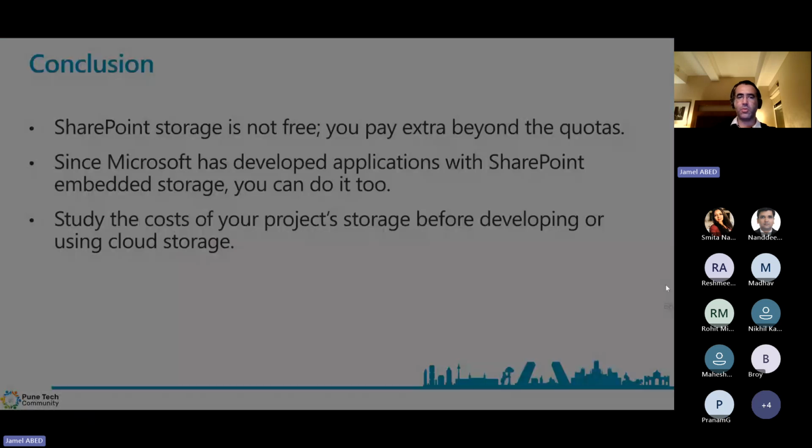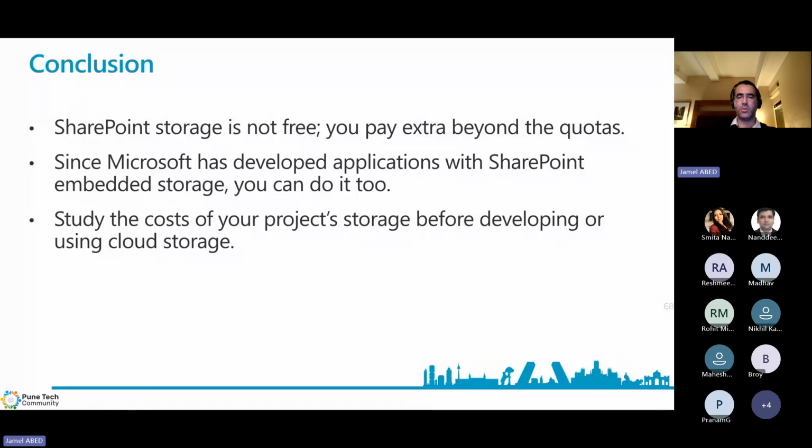And the conclusion is very important when you work with the storage and everything. You need to calculate the cost for your solution. I have many customers, they say to me, it's a SharePoint site, it's free. So it's not free. You pay when you exceed. But for each project, you need to calculate the cost for the build and the run in terms of storage. And since Microsoft has developed many applications with SharePoint Embedded, you can do it with your organization. You can develop many applications. You can sell it to other users, other companies, and you need to study your cost for your storage before